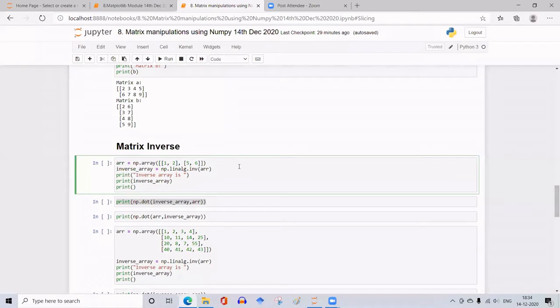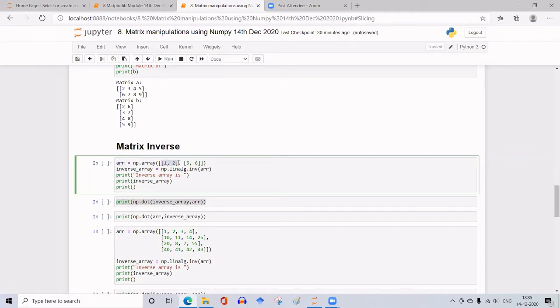Okay, next, matrix inverse. So to get the matrix inverse, we make use of this function linalg.inv. This whole thing is a NumPy function which takes the inverse of the matrix that is defined within these curved brackets. Okay. So now I have taken a matrix given by ARR and formed it using np.array.